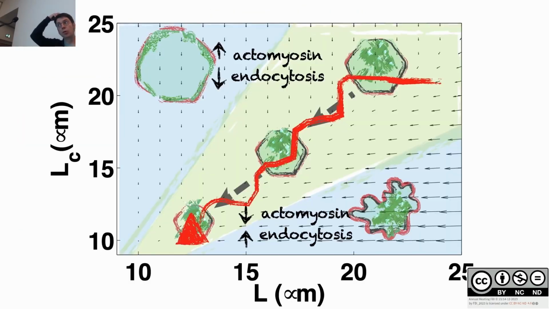And by that means, we could draw the following phase diagram of how the cells contract. Basically, they contract along the diagonal, they follow this diagonal. If they go in this region of the phase diagram, meaning that the junctions are overstretched, myosin goes to the junction and brings back the system here by generating a contraction. On the other hand, if the cells have a lot of ruffles, then those ruffles are removed by endocytosis and brought back here. And that means that the junctions are constantly compressing and extending, following this diagonal for the compression.